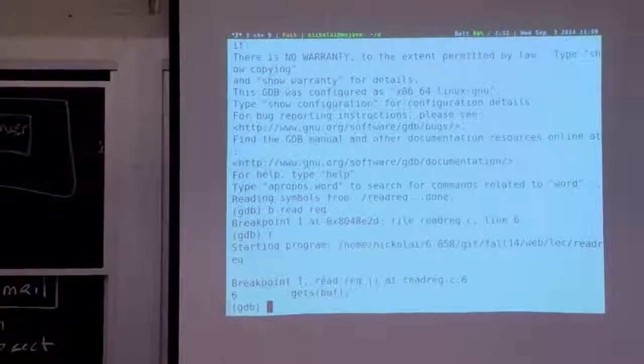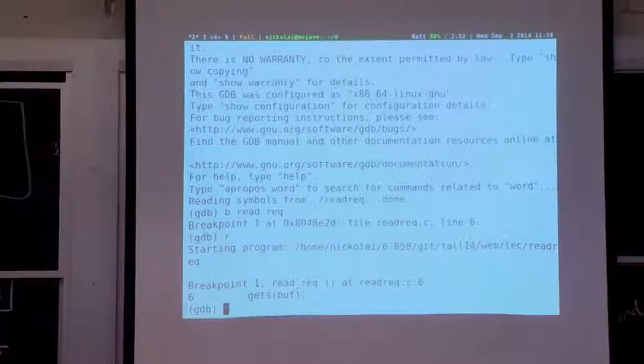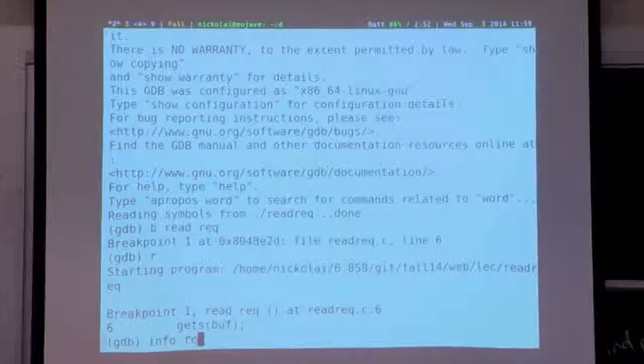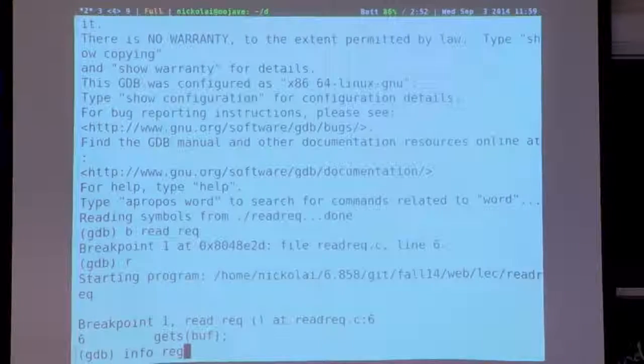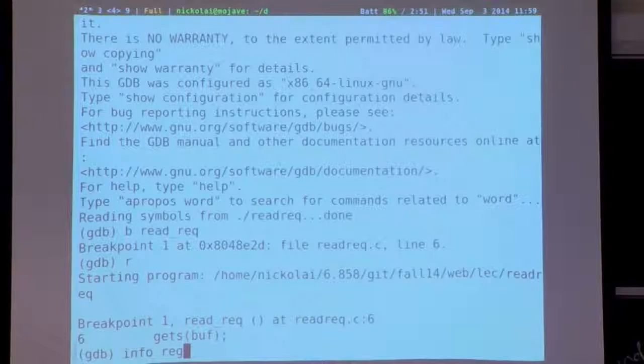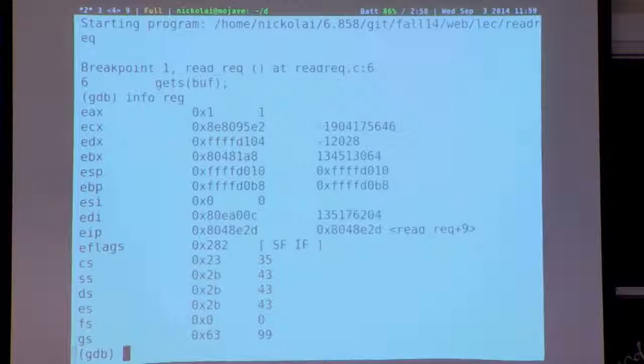We can see what's going on here by, for example, asking it to print the current CPU registers. We're going to look at really low-level stuff here, as opposed to the level of C source code. We're going to look at the actual instructions that my machine is executing, because that's what really is going on. The C is actually maybe hiding some things from us. So you can print all the registers. On x86, as on any architecture, there's a stack pointer.